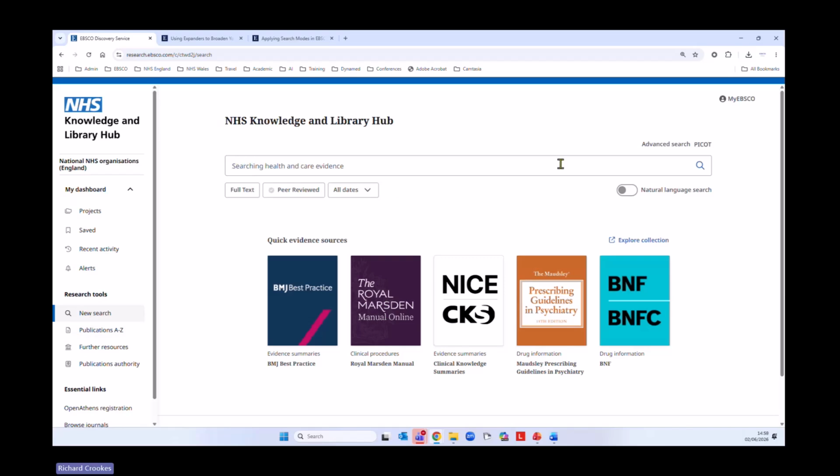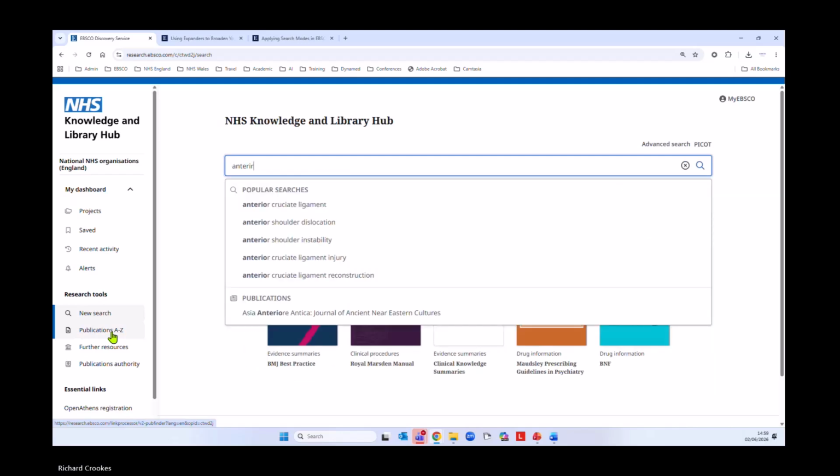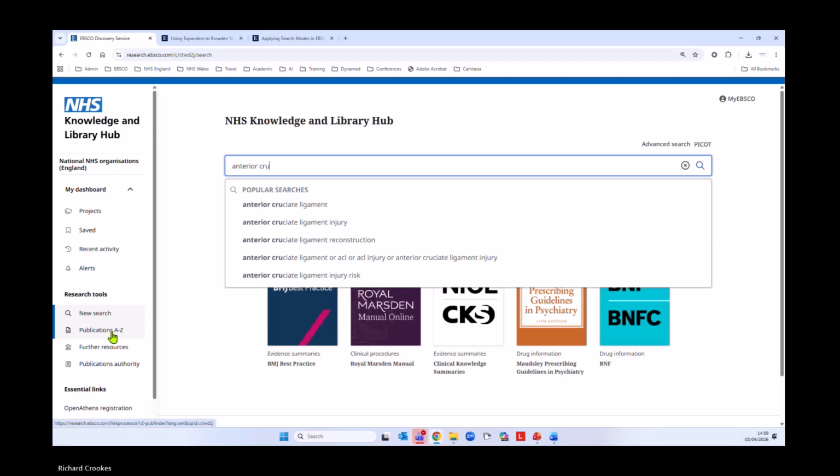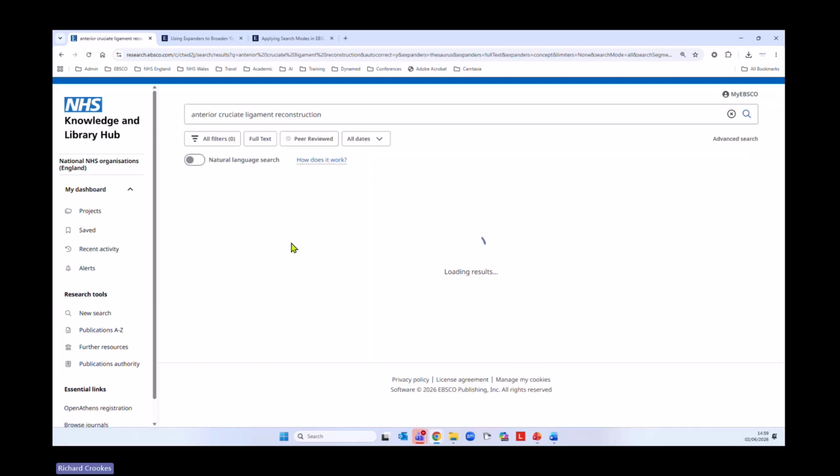Of course, you can search for terms here without natural language search. So for example, if we want to put, let's put anterior cruciate ligaments. And the autocomplete feature, by the way, that you see is basically generating a list of popular searches. These are from users across the globe, not just in the NHS, that you can select. So for example, if we want to look at reconstruction, then you can just select that term from this list,